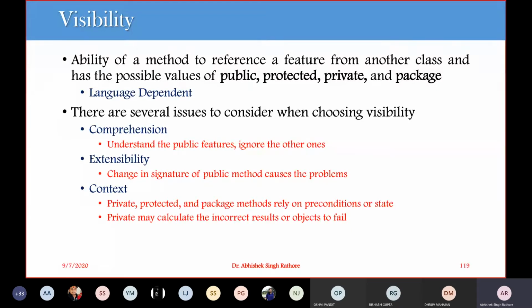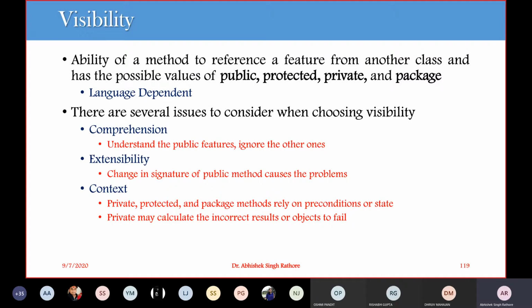Let's say we are defining an operation in class A. मैंने उसको अगर define करा है, this is a public operation. So when we implement this in class B or class C or class D, we have to make sure that when we change the signature, we go to each and every class, let's say B, C and D, and adjust our usage over there. So this is the second issue related with the visibility.